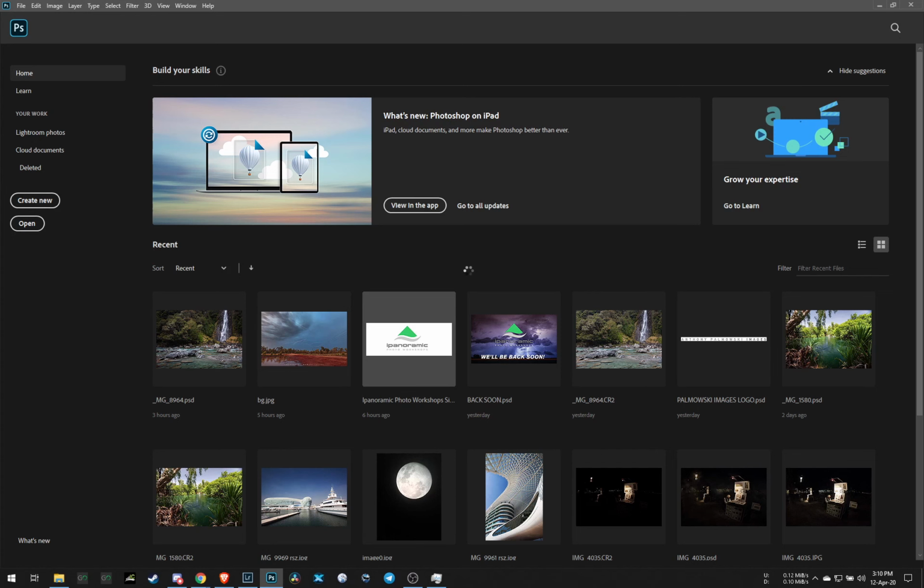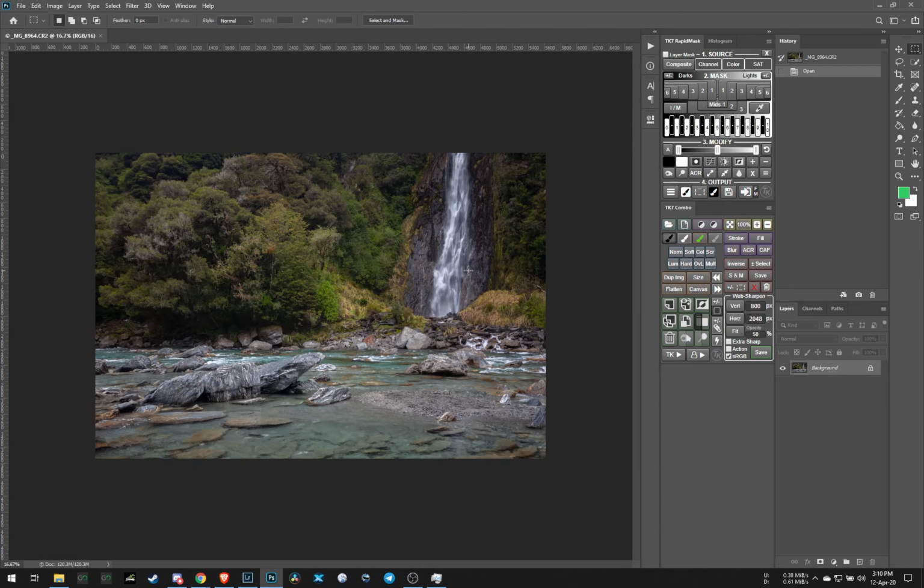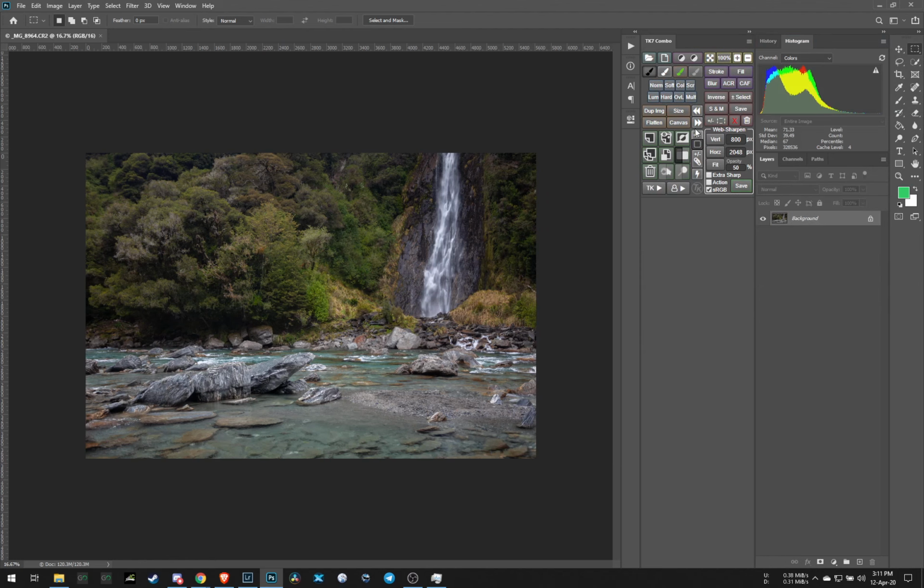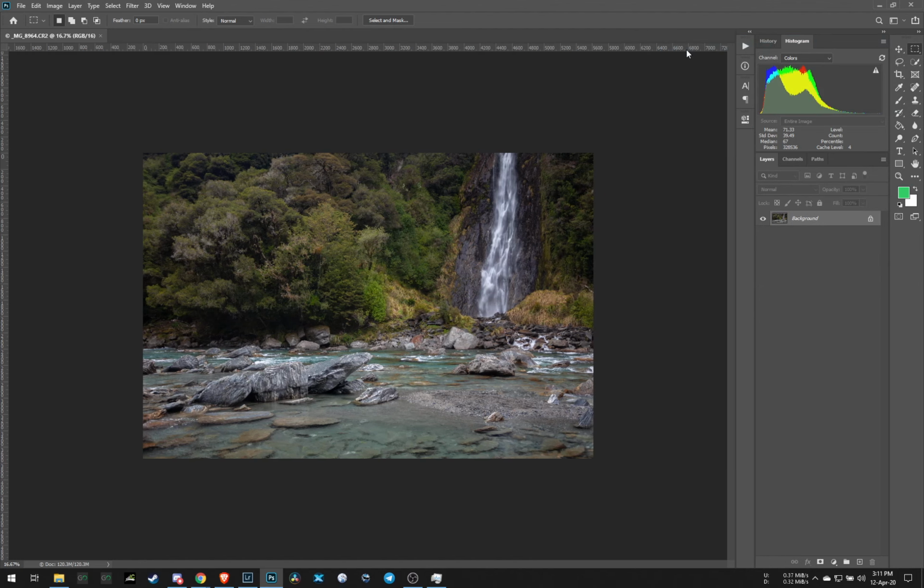Okay, now we're in Photoshop. If you're using a stock standard Photoshop, your layout might not look like this. You probably won't have these panels here, and your toolbar will probably be on the left hand side, but I like all my stuff over on the right. It's a nice workflow, everything's together, it's less moving the mouse backwards and forwards, so it's a much